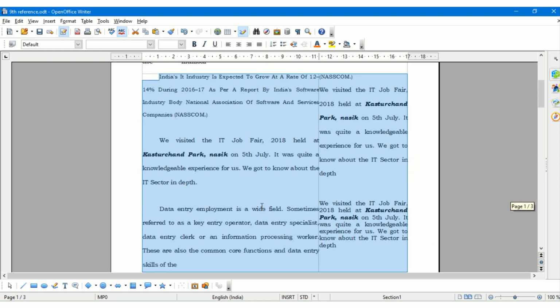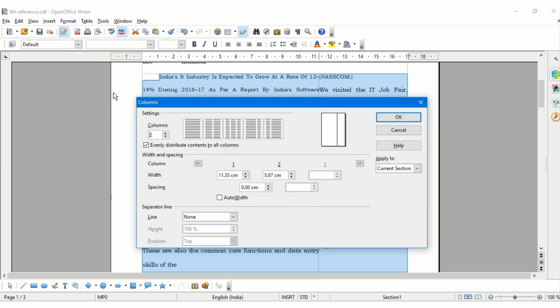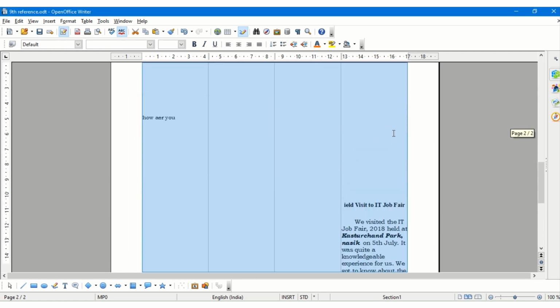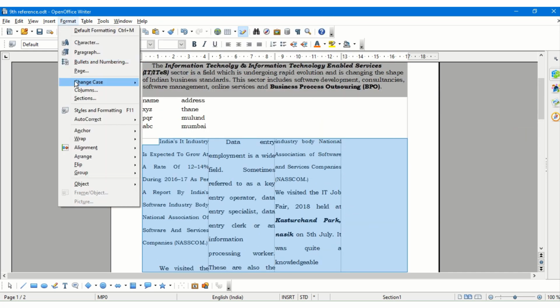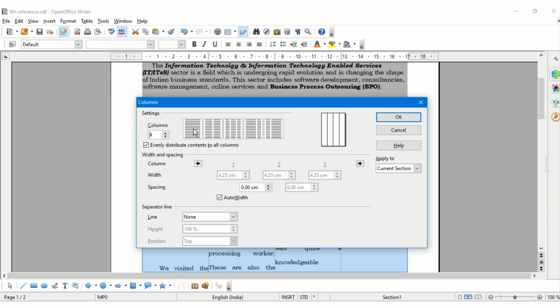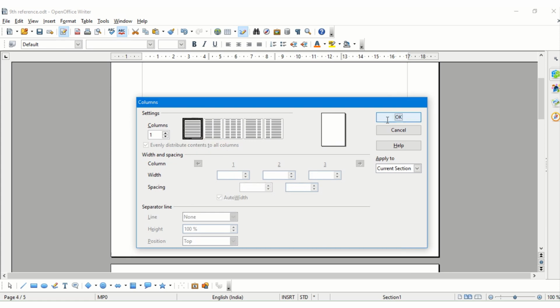So here I have converted my text into 2 columns. If I do not want it, I can go back to column and bring it back as a single column. I can make it from here also. I can evenly distribute the content among 3 columns. So this is the way we can do columnar text, that is formatting the columns. If not, I can go back and click on OK.